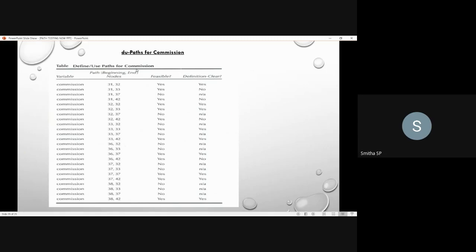By looking into that you can write whether it is defined clearly or not. Next, is it feasible? Why have they written that here? You know that you will be making use of the commission variable to get the commission value, to print it. In the 31st and 32nd, the beginning node is 31 and the ending node is 32, and the definition is clear, it is feasible.